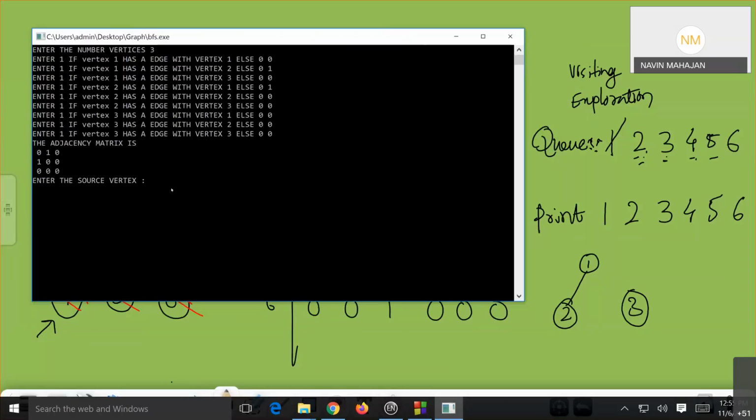Then now if I enter the source as 1, what do we have? 1 to 2, I have BFS, breadth first search. What about 3? 3 is not available, but as there are two graphs, we can print a message saying that the graph is disconnected. So we can print 1 2 and later we can print 3, but from 1 2 it is not possible to reach 3. If you don't want that, what we have to do,